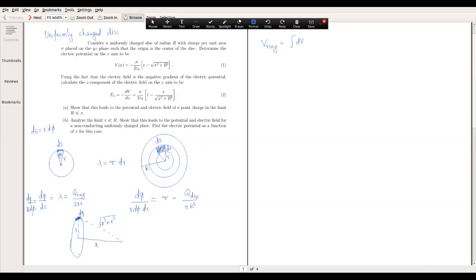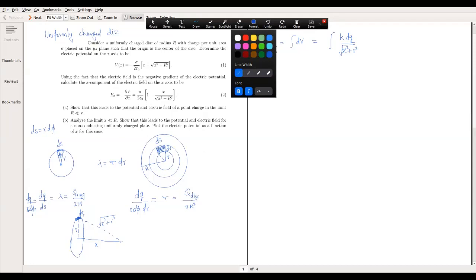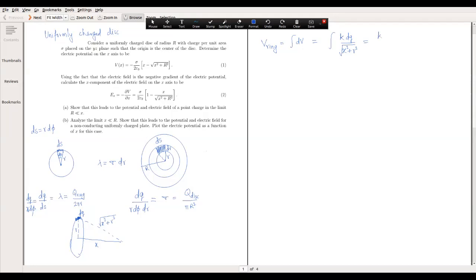That's dV here, and that's equal to an integral of k dq, the contribution from every tiny element, divided by how far each element is from the observation point, and they are all equidistant. So it's x squared plus r squared. Since they are all equidistant, this is the same as k times k over x squared plus r squared